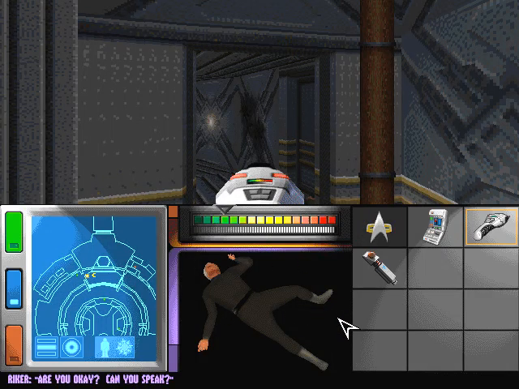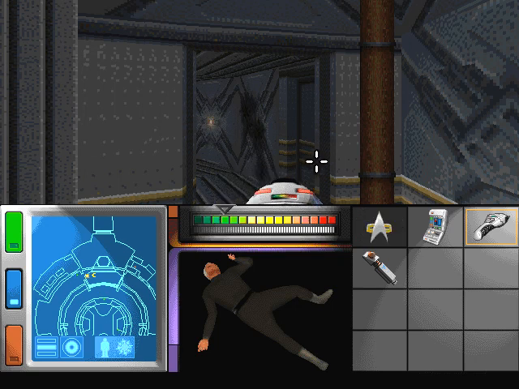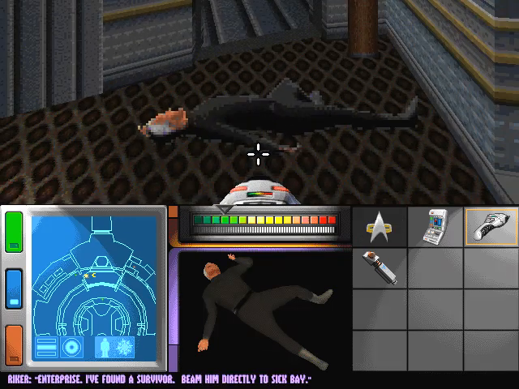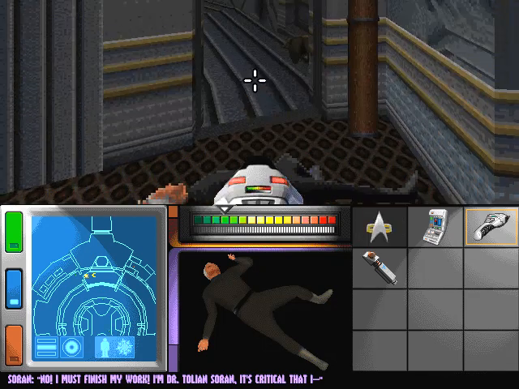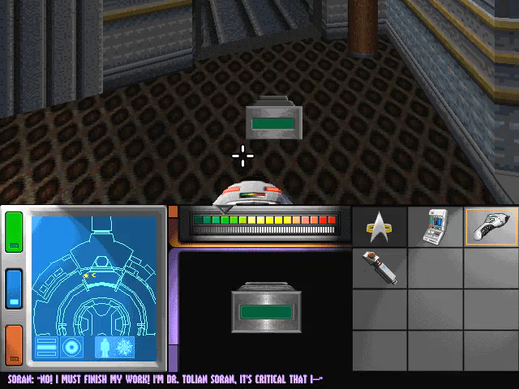Are you okay? Can you speak? Where am I? Hang on. I'll get you to safety. Enterprise, I've found a survivor. Beam him directly to sickbay. No, I must finish my work. I'm Dr. Tolian Soren. It's critical that I...